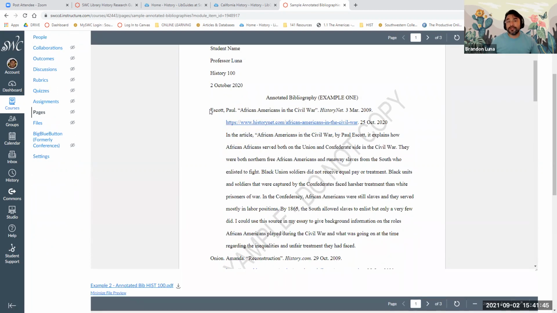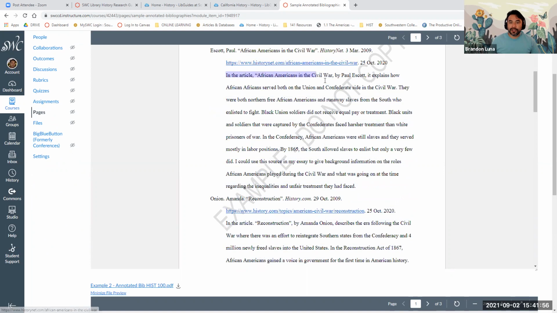What this includes is a citation of the source. So if you've done a works cited page, you're already halfway there. You already know that part of the process. And then the second part is a brief summarization of the article, like what it's about, and at the end, I asked the class to tell me a little bit about how it's helpful for your essay.